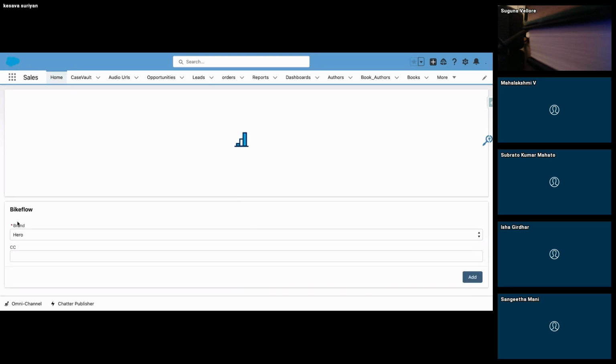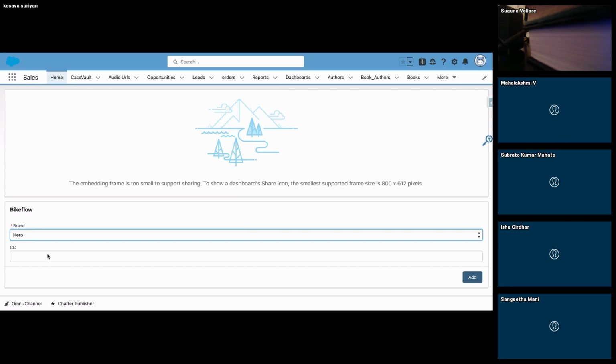These are the two fields I added in that screen flow. These are the simple things. Some people may be aware of the utility bar. The utility bar is available at the bottom of every application. Here I have added an omni-channel and chatter publisher. If you need to add any flow to this utility bar, you can just navigate to your flow